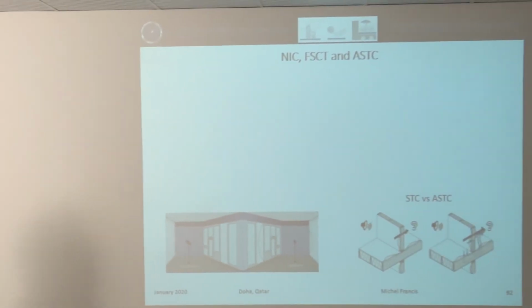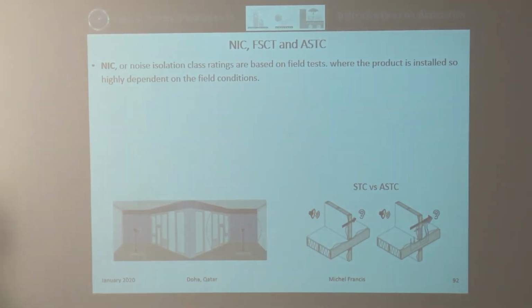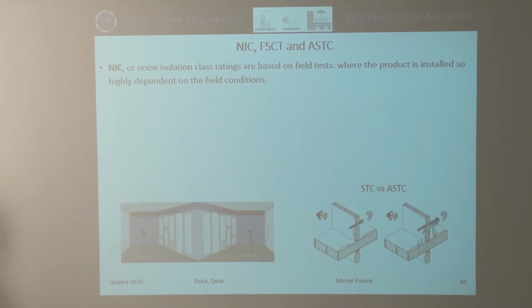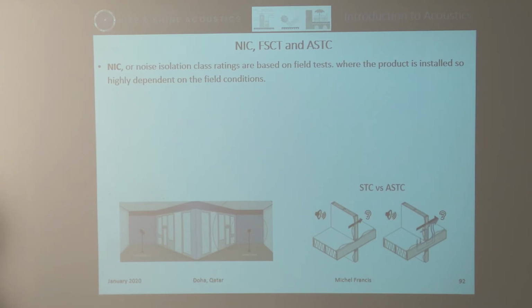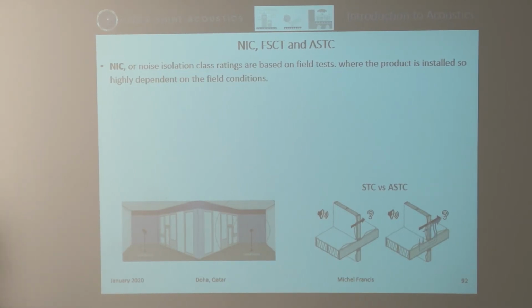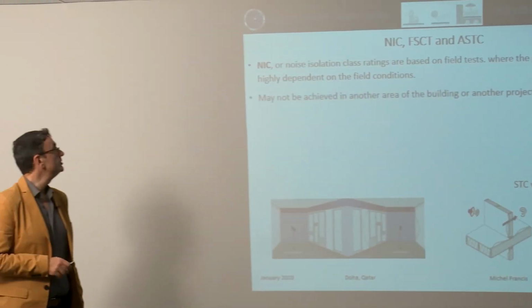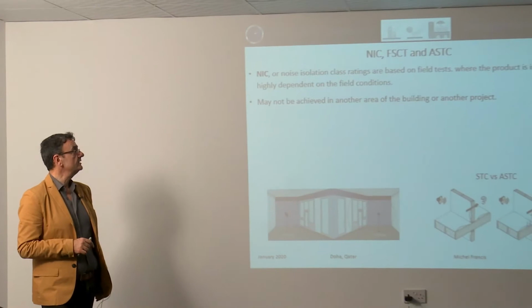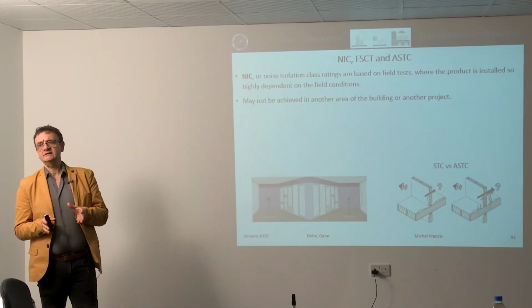All right. So there are others. So NIC, FSTC, and ASTC, we have talked about them. What is NIC? NIC, or noise isolation class rating, is based on field tests also, like ASTC or FSTC, where the product is installed, so it is highly dependent on field conditions. So normally when tests are required on site, we get either NIC or ASTC / FSTC, because that's the same rating. So it may not be achieved in other areas of the building or another project. So if you get an NIC rating in a certain